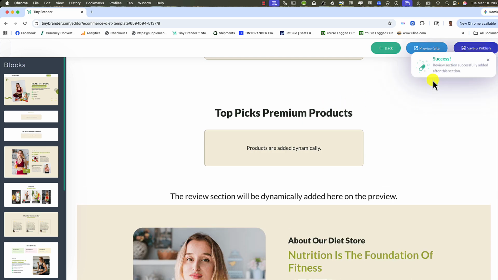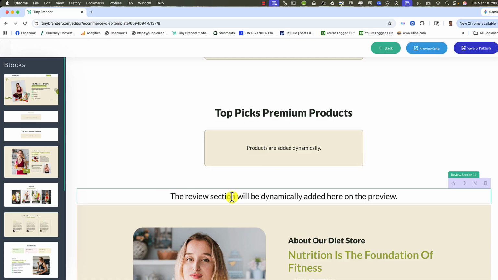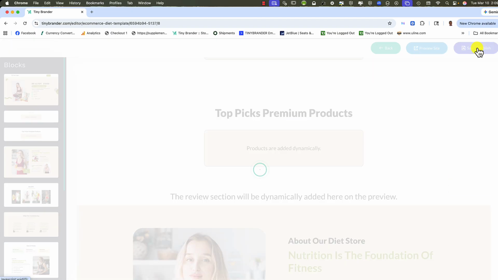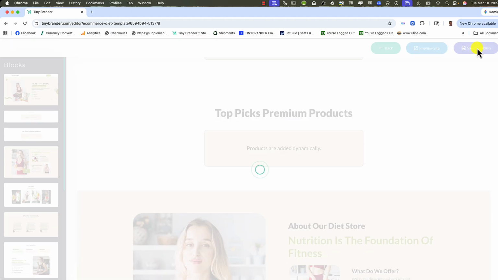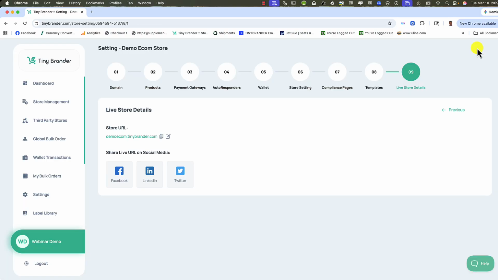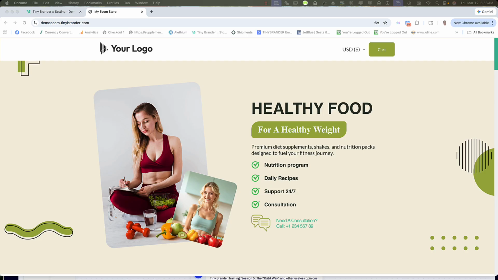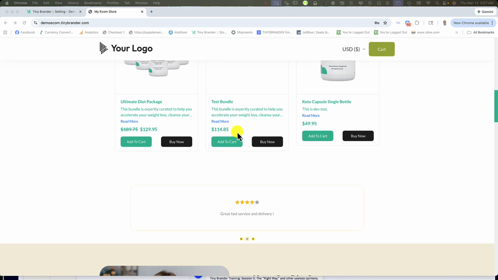If I select that, you can see that it's now said the review section will be dynamically added here on the preview. Okay, so if we now go in and save and publish this store, we can go take a look at that live and you'll be able to see exactly how those reviews show up in your store. Okay, here we are. Let's just copy this live store address, open up a new tab. And if we take a look at the live store, we can now scroll down and here you can see